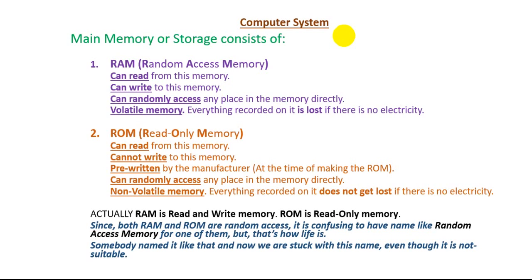But they don't refer to it in that sense. As far as functionality is concerned, ROM also can be randomly accessed. But from now on, we will not confuse anything. We will call the part which can be read and written as RAM, and read-only memory as ROM. Right. So now I'm going to give you some examples and show you what this random access